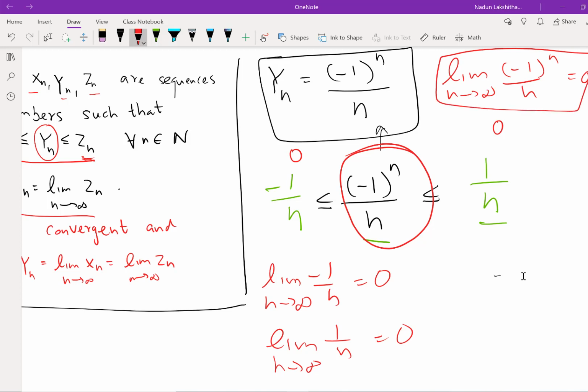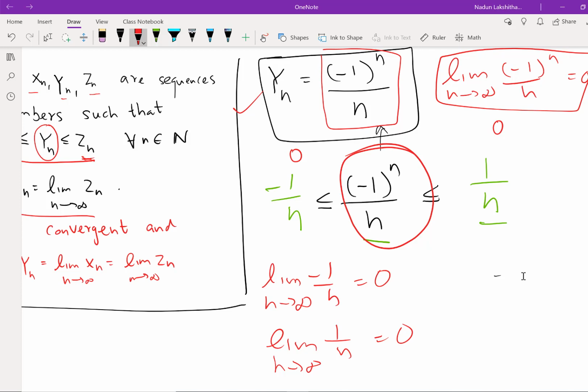So we did not directly find the limit of negative 1 to the n over n. But we found two sequences, and using those two sequences and their limits, with the squeeze theorem, we found the limit of our actual sequence. Now this is an easy example. If it is a hard sequence to find the limit of, which I will present a couple of examples of in the next video,